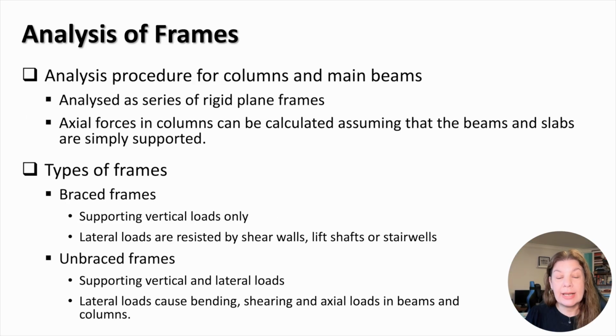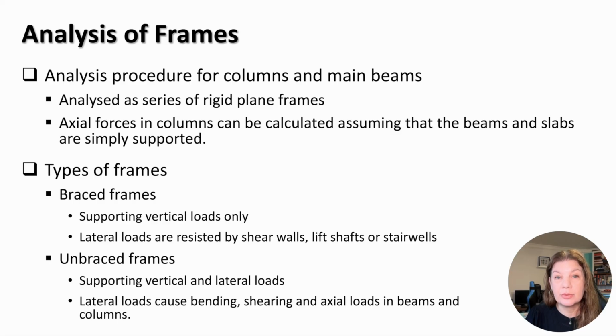Columns and main beams are analysed as a series of rigid plane frames. Axial forces in columns can be calculated, assuming that the beams and slabs are simply supported. Frames can be braced or unbraced. The braced frames support vertical loads only, while the lateral loads are resisted by shear walls, lift shafts, or stairwells. The unbraced frames support vertical and lateral loads, where the lateral loads can also cause bending, shearing, and axial loads